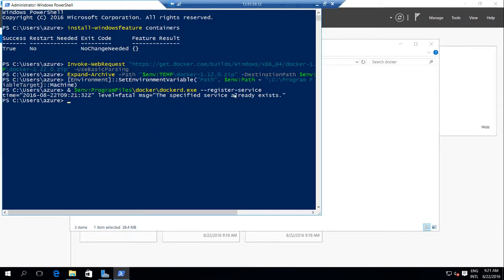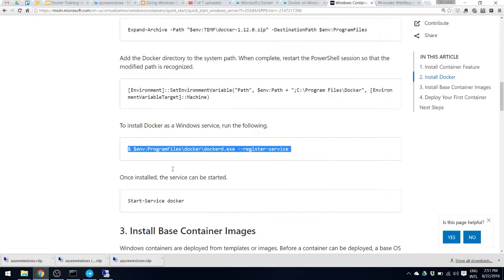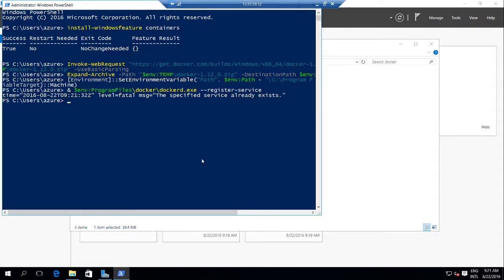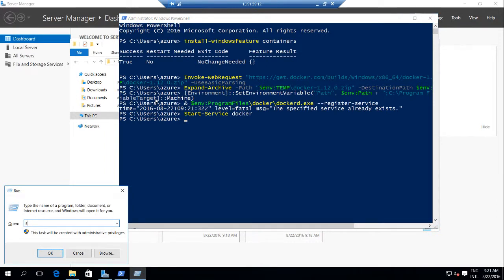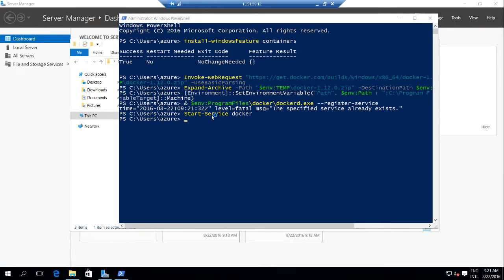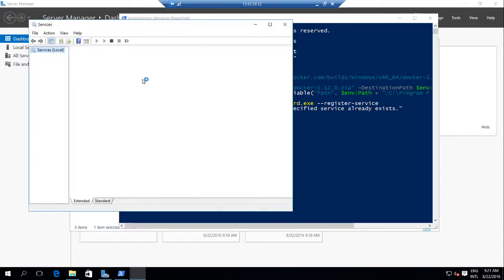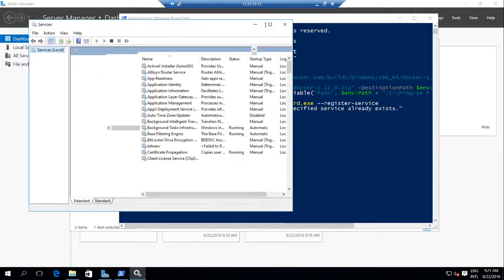I got some error saying that the service exists. So that's fine. Last, I need to start the service called Docker. Done. If you want, just to verify, you can go to services.msc